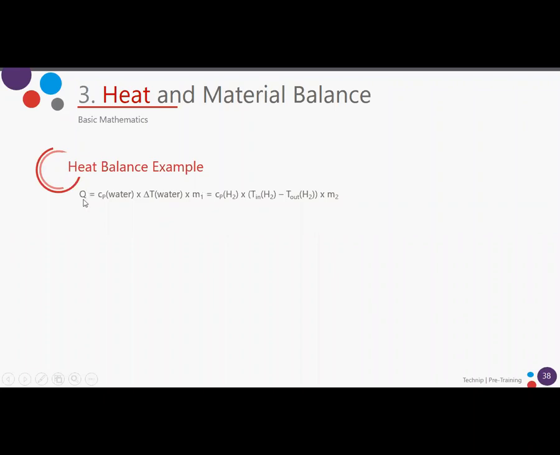And as we said, all the heat exiting, let's say the stream of hydrogen, goes into the stream of water, and the energy is expressed in temperature rise in the water stream. So we can say that also the heat capacity of hydrogen multiplied by the temperature difference of hydrogen inlet and outlet multiplied by mass is equal to the same multiplication for water, okay? So then we do the math,